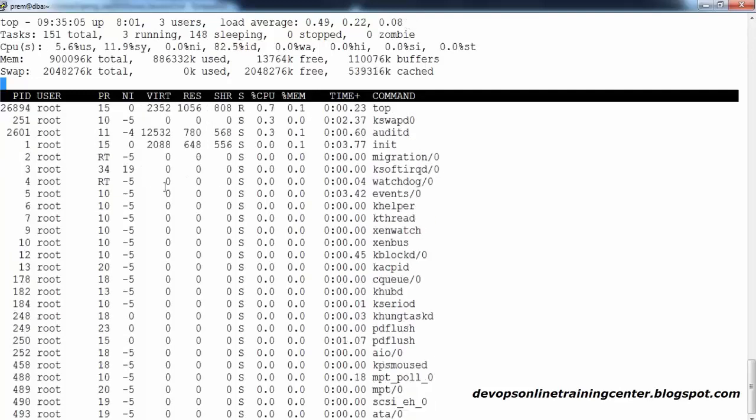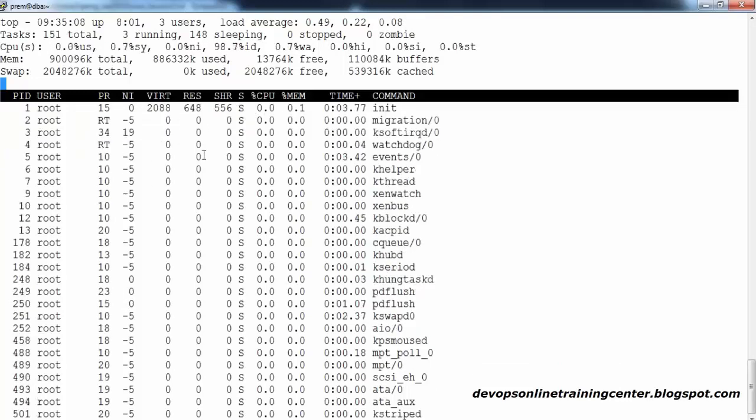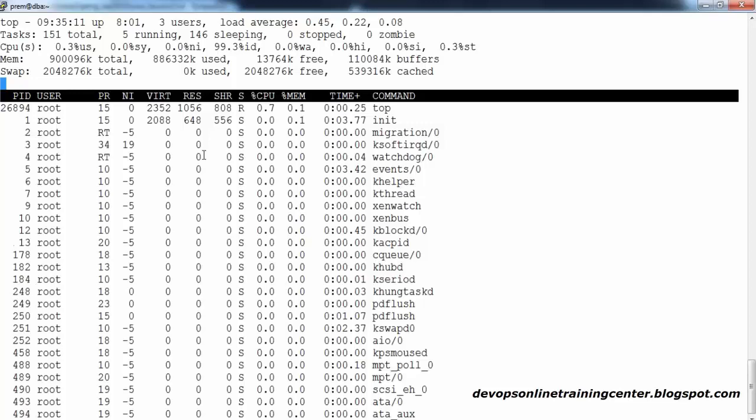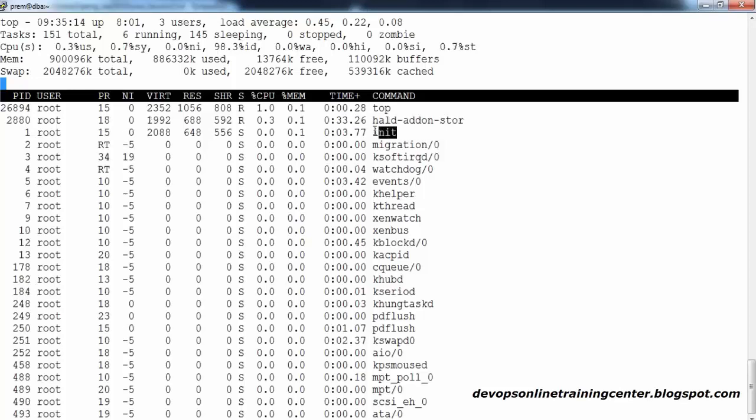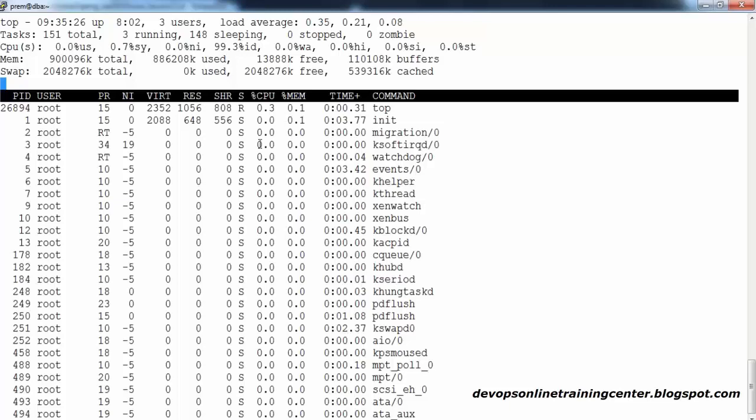Not only that, you can also see which process is taking how much memory, how much shared memory, what is the CPU usage, what is the memory usage, everything you can find. Look at this, most of the time init will take more, because that's a boot process, the process taking more in this OS, especially because nothing else is running. And this is live data, guys. It's not static data. It will be flickering and fluctuating, and it will keep changing.